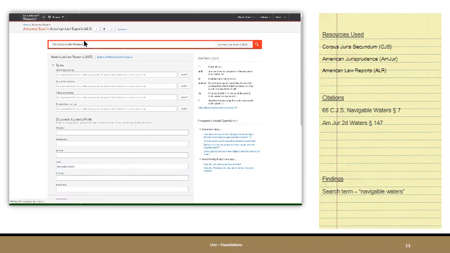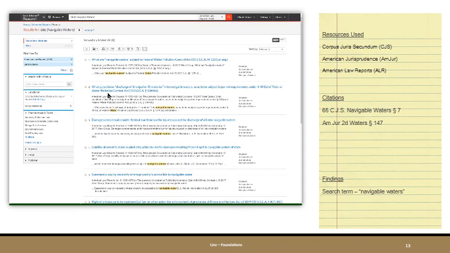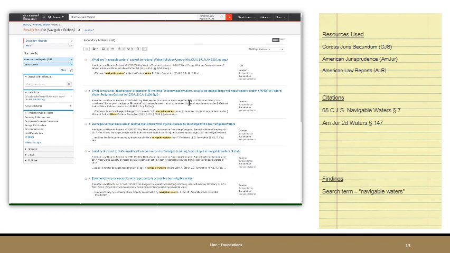You see it created a field here. And any luck, or are we too narrow? Nah, seems like it's okay. So we come back with 8 search results. This is great, right? Navigable waters actually shows up in the search, in the title itself, so we have some degree of confidence that that annotation is really about navigable waters. Maybe not about dredging and filling them, but it's about navigable waters.